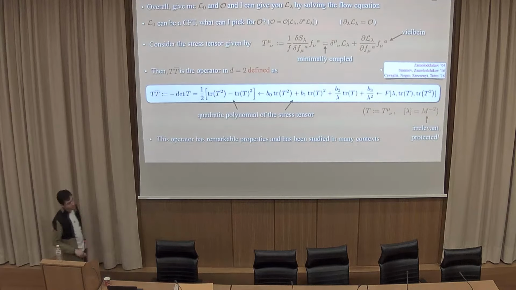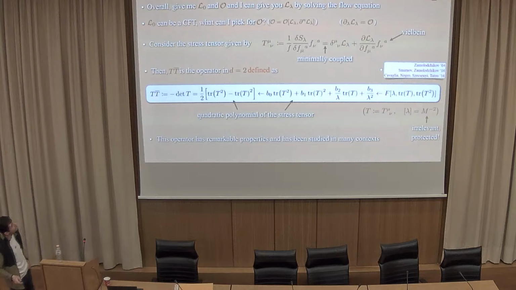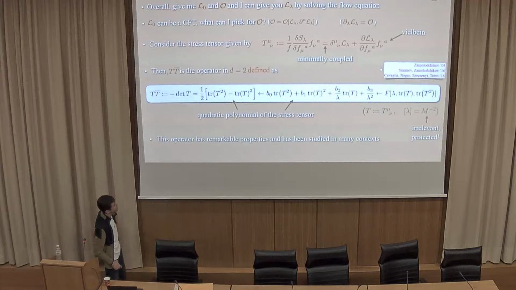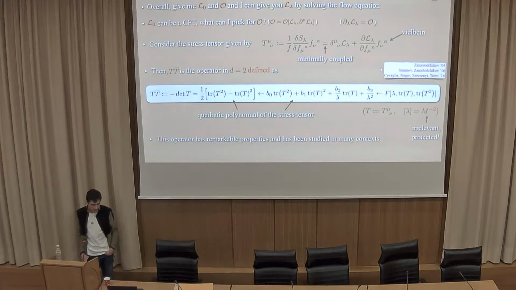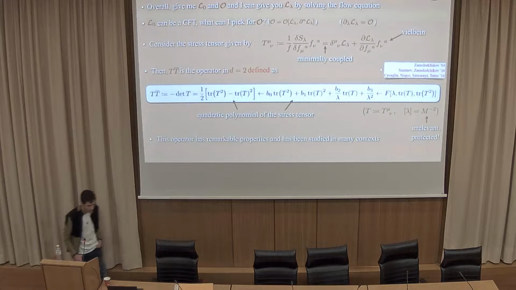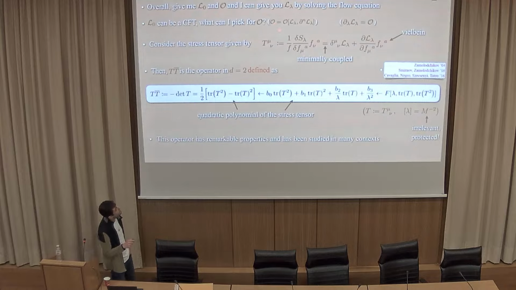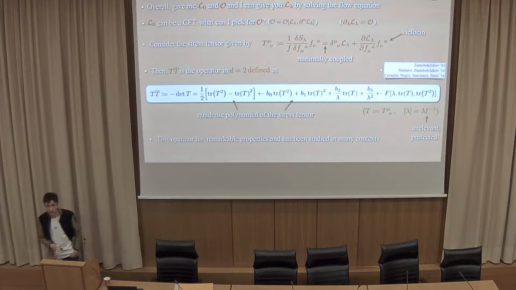Okay, a small review. You give me some L0 and an operator, and I give you some deformed theory by just solving the flow equation. L0 can be anything. It can be an interacting theory or a CFT. You know, pick your fights, whichever one you prefer. A more important question is, what are the types of operators that have precisely this dependence? And for the sake of the argument, consider the stress tensor for a minimally coupled theory.